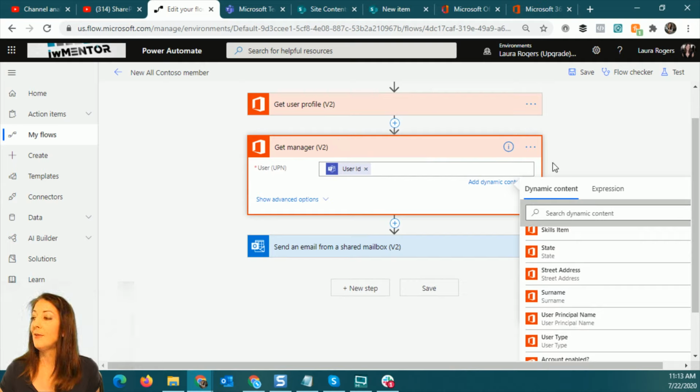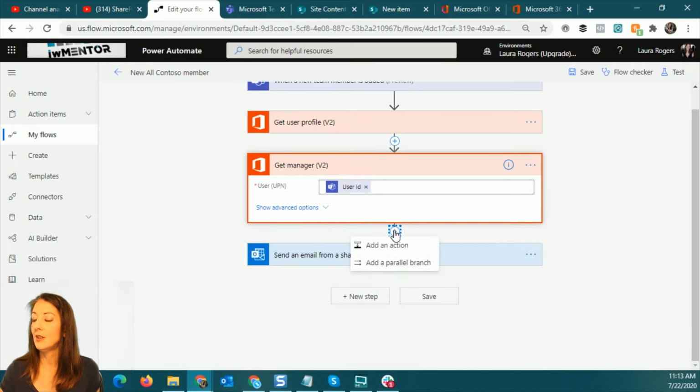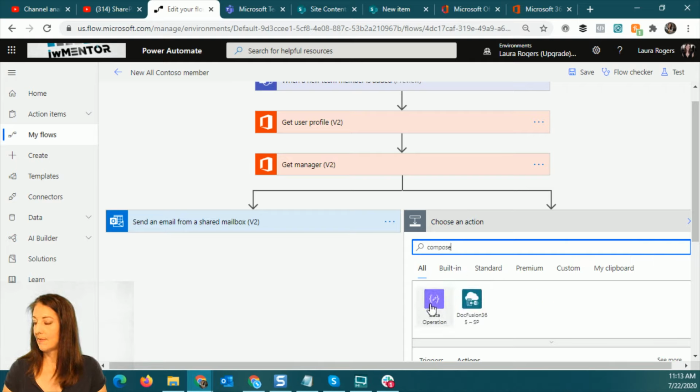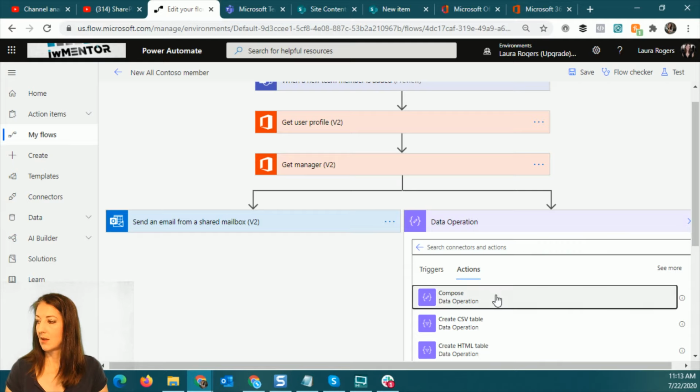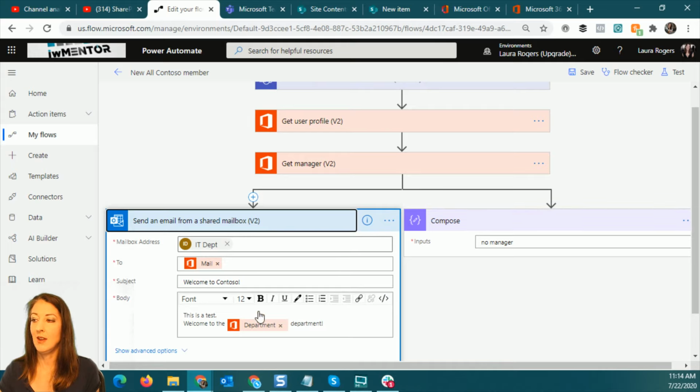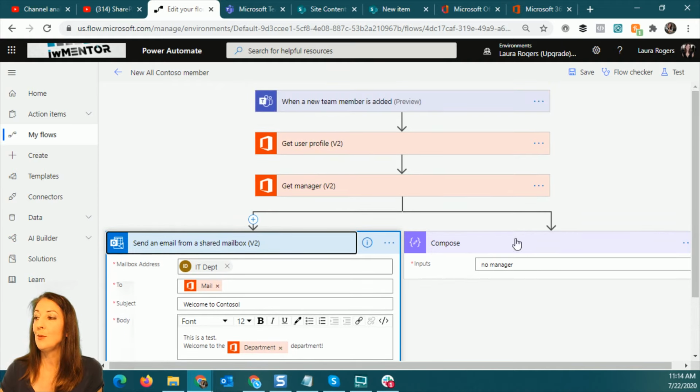And then if they don't have a manager, let's see, compose. No manager. Anyway, if they don't have a manager, I can have it go down a completely different path. But if they do have a manager, I can have it send an email, and I can actually CC the manager if I want to. Probably what I'd want to do if they don't have a manager is have it CC just somebody else, because